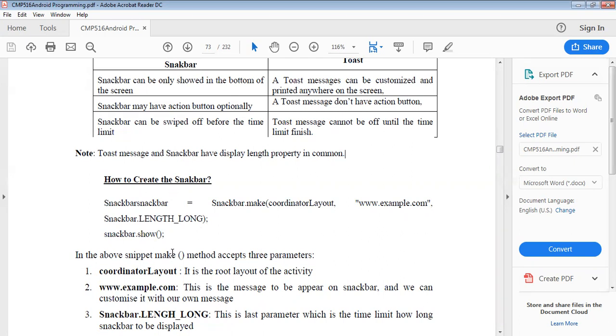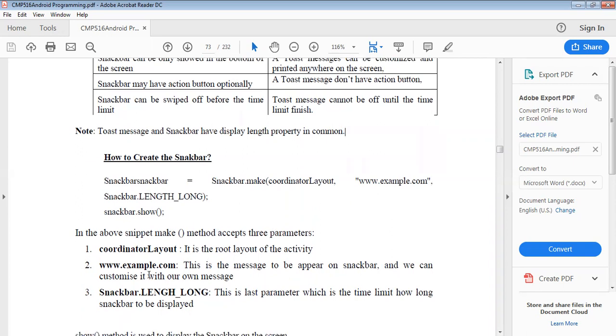Then there is the make method, which accepts three parameters. First is the coordinator layout, then the message, and Snackbar.LENGTH_LONG. All three things are important here.